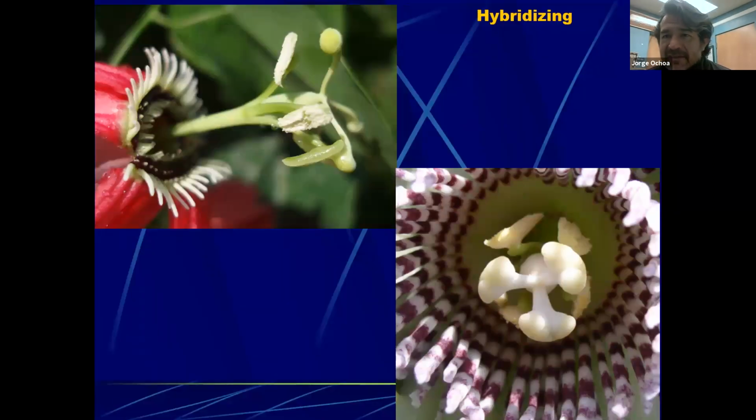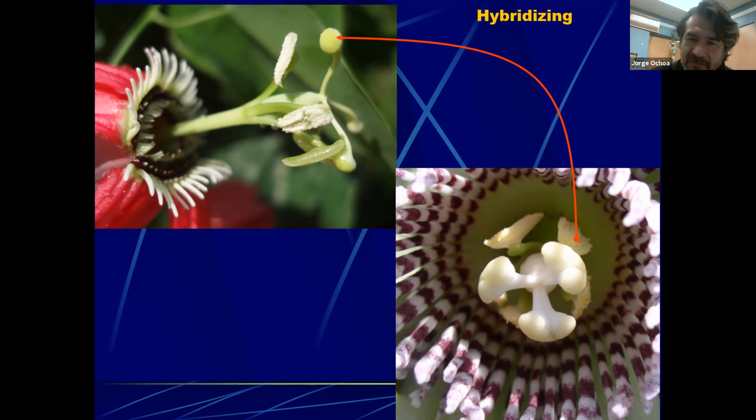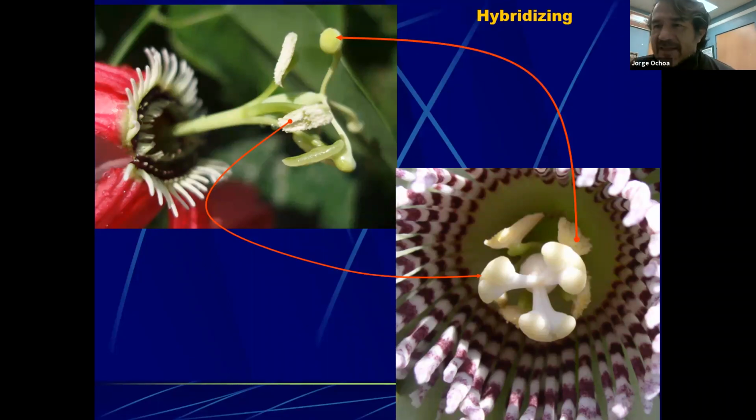So hybridizing entails the transfer of the pollen from a stamen onto the stigma of a different species, and often taking the pollen from one flower to the other, and vice versa, taking the pollen from the other plant and putting it on the original one, can bring about different crosses or different results. Who is the pollen or sperm donor? Who's the ovule or the egg donor? It does make a difference as to the possibility of coming up with something new.